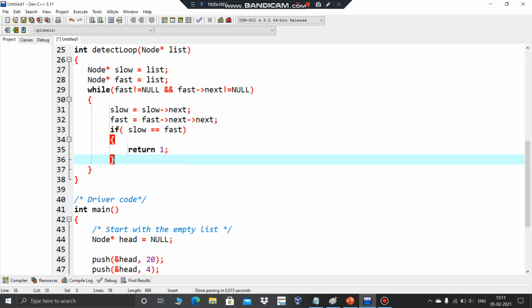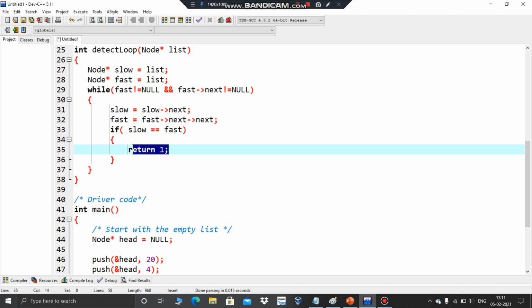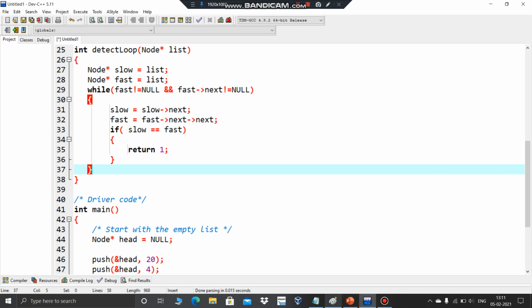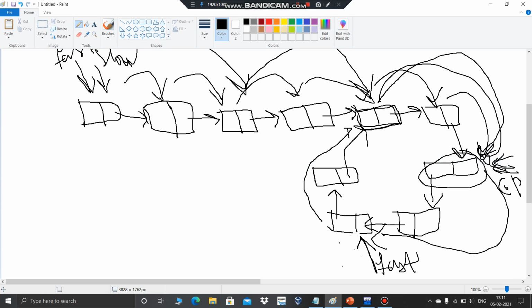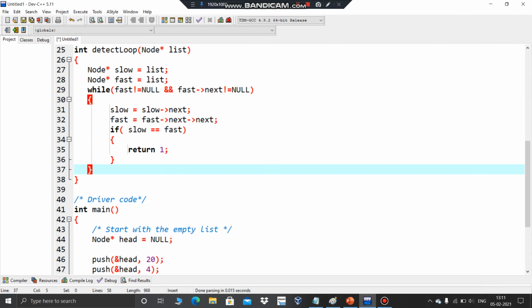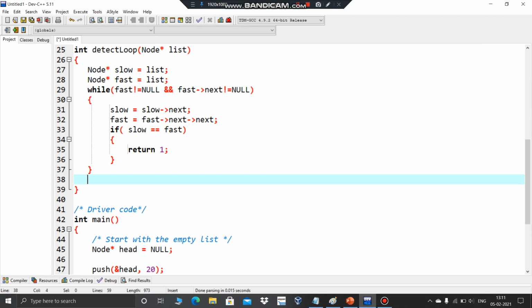We say that it contains a cycle. If there is not a cycle, the last node has to point to null. Then either fast will become null or fast star next will become null, and then it breaks, and I say there is no loop in the linked list.